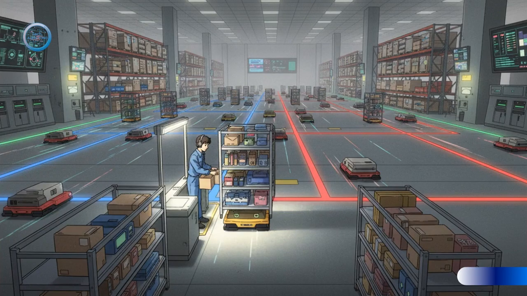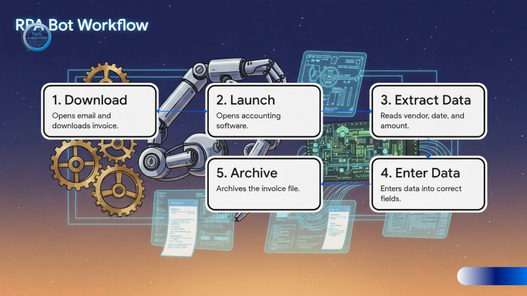In the physical world, automation has totally revolutionized logistics. Huge e-commerce warehouses run on fleets of thousands of autonomous mobile robots, or AMRs. Now, unlike the older automated vehicles that had to follow magnetic stripes on the floor, these AMRs use onboard sensors and AI to navigate dynamically. They run on a goods-to-person model, where instead of a person walking for miles up and down aisles, the robots lift and carry entire shelving units directly to a stationary worker. This is the core tech that makes the insane speed and efficiency of next-day delivery even possible on a global scale.